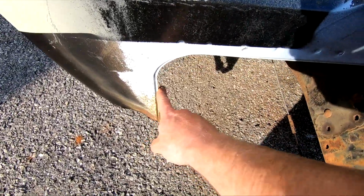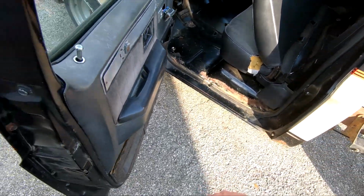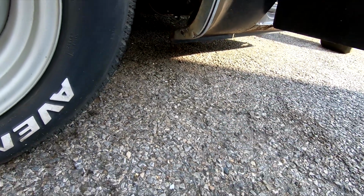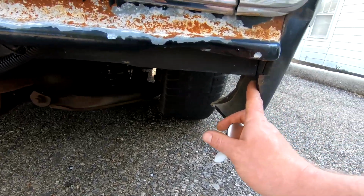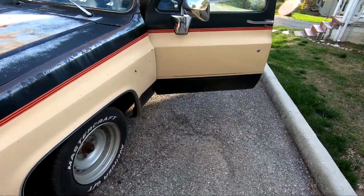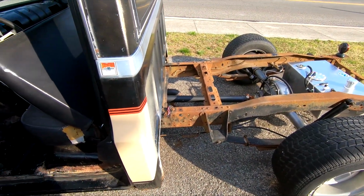I took measurements from there to the frame on both sides and got them even. So I think it's pretty straight. And then I measured from the frame over to the pinch weld right there on the fenders. Got it even on both sides, and then I measured my core support right here where it ends over to the frame on both sides. So I guess it's somewhat right. Once we get the bed on, we'll be able to tell a little better. I may have to move it around a little bit,